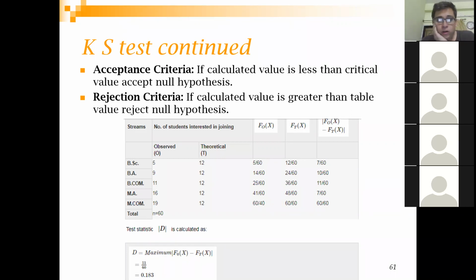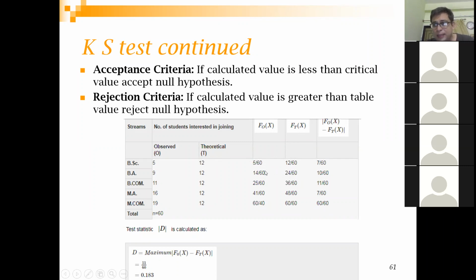Okay, so now you have understood how you are calculating these theoretical counts, and then you are just finding the probability, right? So these are counts. You are taking this to probability now. So it was 5 here, so the probability is 5 by 60. You have calculated the count to be 12, so the probability is 12 by 60, right?